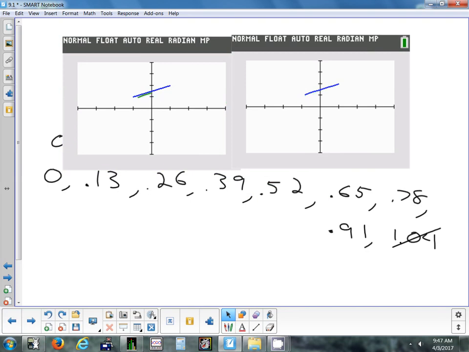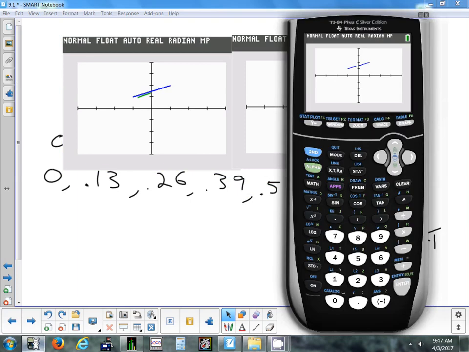So you're getting a little bit more of the drawing that you should have gotten that you didn't get because of your t-step. Okay, so your t-step is like the resolution. It's how often do you want the calculator to plot a point to get the picture for you. So what if I did a t-step of 0.6? What values would the calculator graph to generate the picture? It would graph when t is,